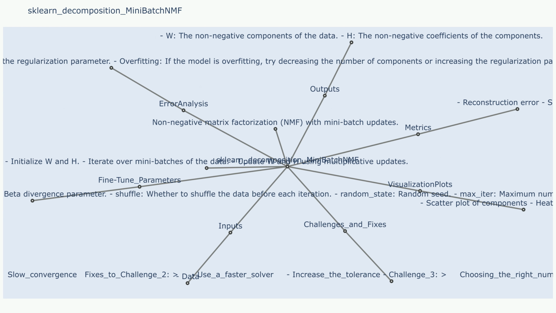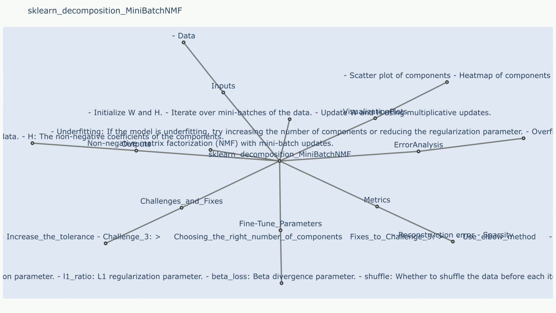Outputs. Components. This is the components matrix. This is a 2D array of shape n_components, n_features. Each row represents a component, and each column corresponds to a feature. Reconstruction error. This is the reconstruction error of the model. This is a scalar value that represents the difference between the original data matrix and the